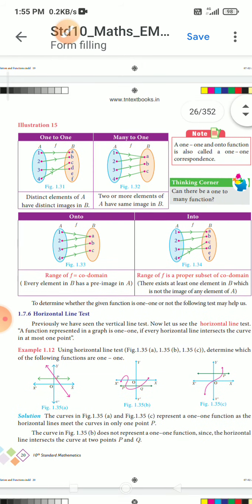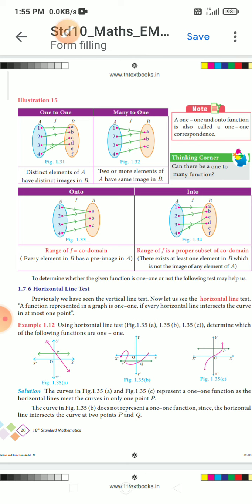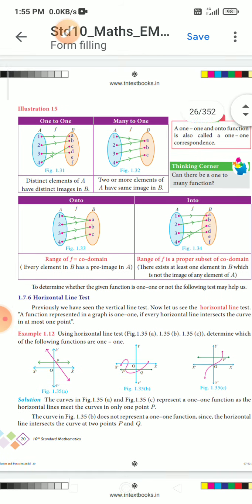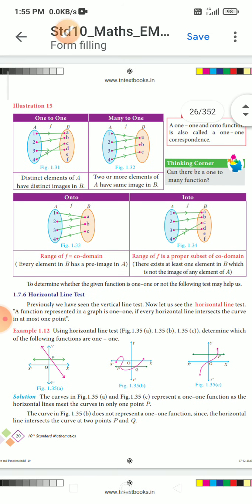Okay, next see illustration 15, one-to-one and many-to-one. Already we have seen the one-to-one condition and the many-to-one condition.